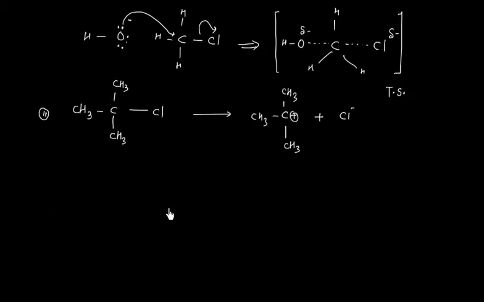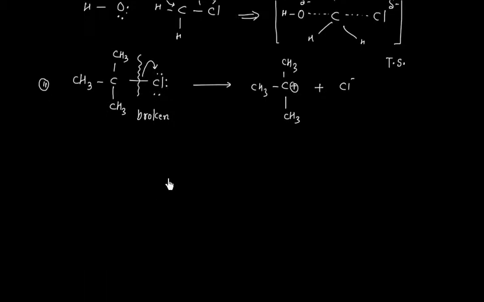We have to draw the transition state. In this case, carbon-chlorine bond has broken. So what we can do, we can shift this bond this side. So in transition state,